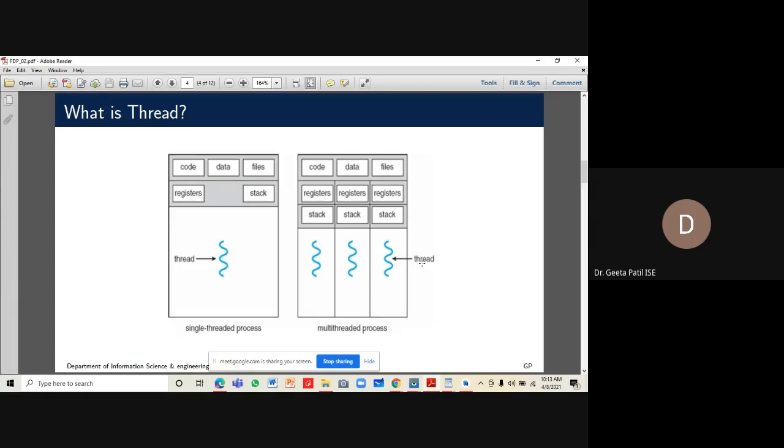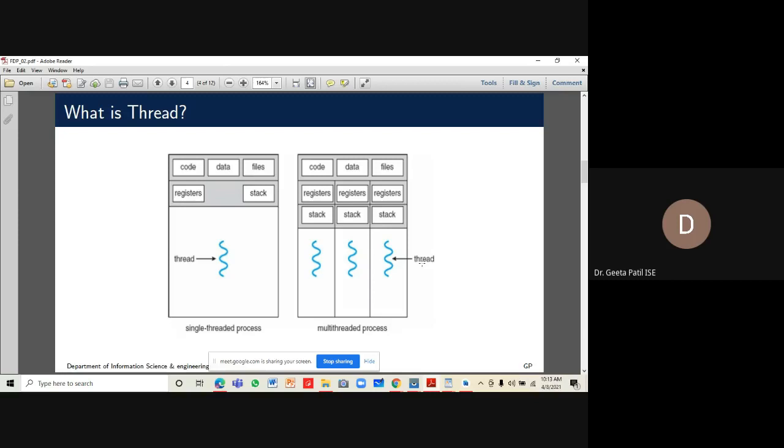Since the resource requirements are less, the time required to work with threads is less. Like the scheduling of threads, when the processor switches from one thread to another thread, the overhead in this context switch activity is less. That is why threads are preferred.